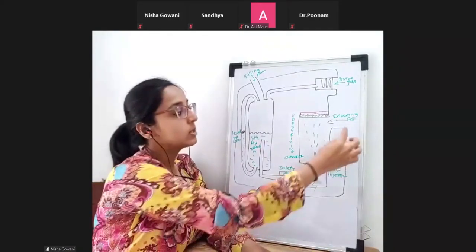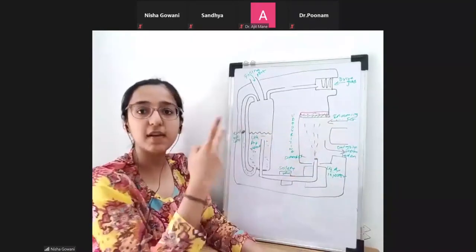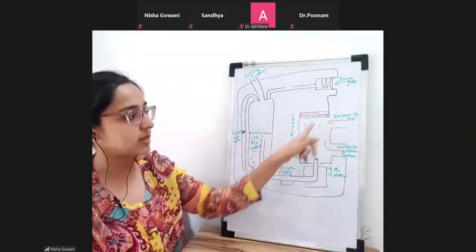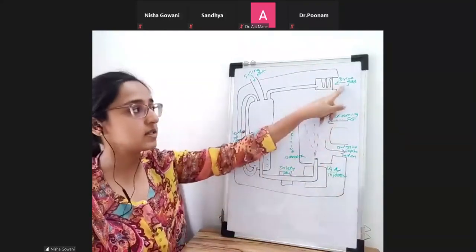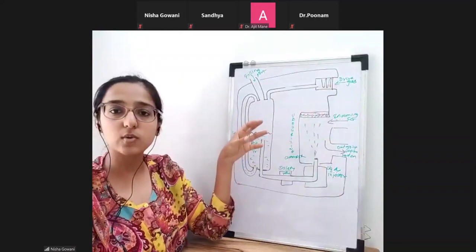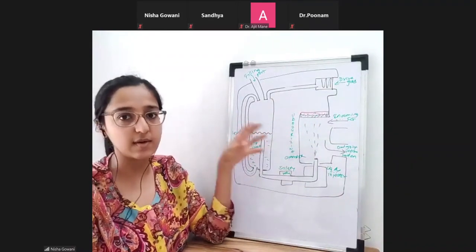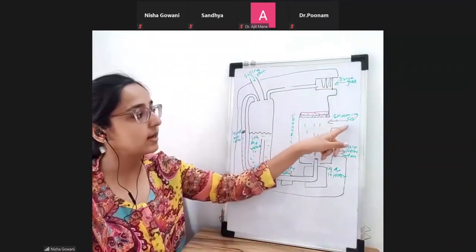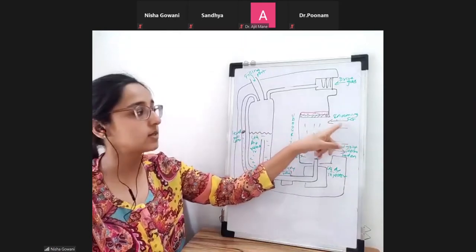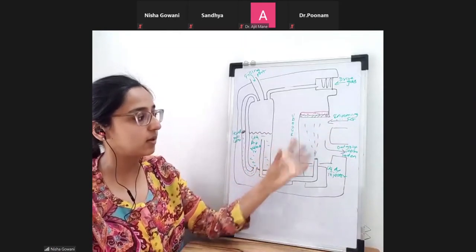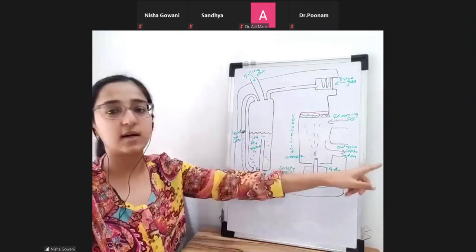The fresh gas which is coming in is used for two purposes. One part is going to go to the patient, whereas the other part is going to be used as a driving pressure. Here the incoming fresh gas does not contain any vapors. It comes into the vaporizing chamber, carries the vapors with it, and leaves out.